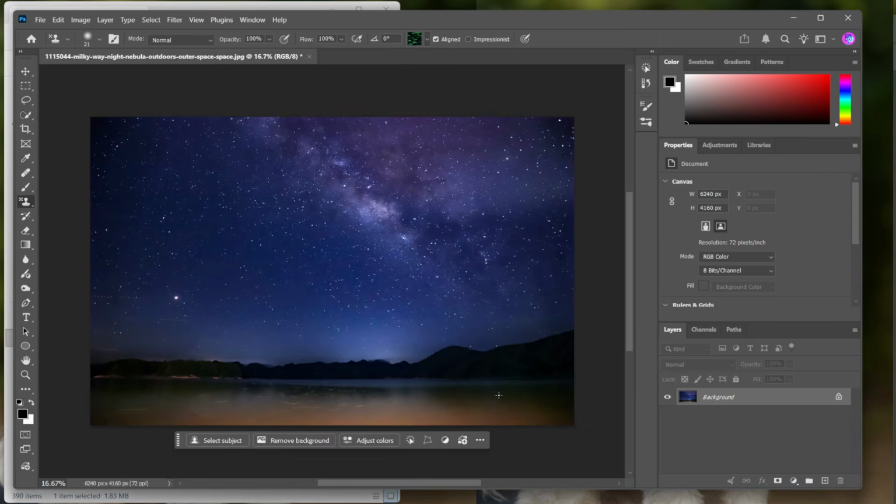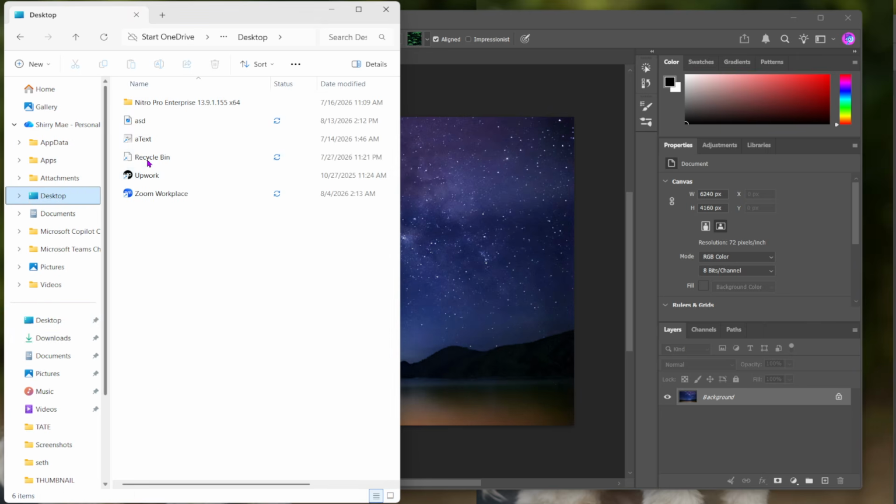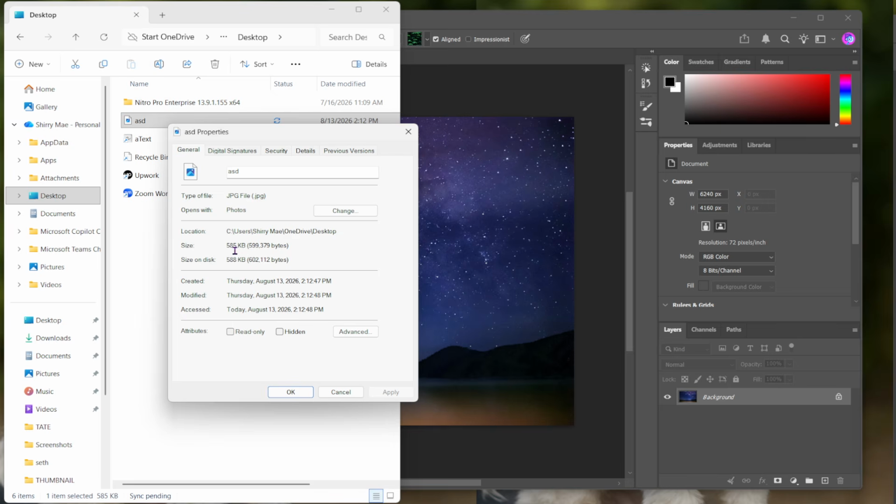Finally, go back to the exported image. Right-click it, select Properties, and check the file size to see how much the megabyte size has been reduced to kilobytes. And that's how you can easily reduce an image file size from megabytes to